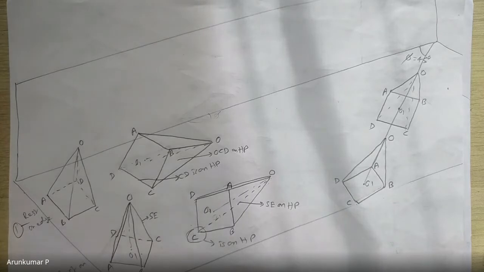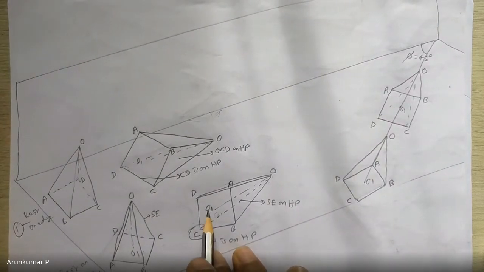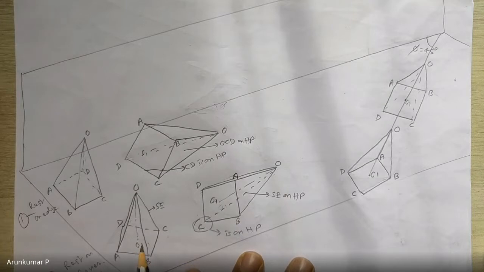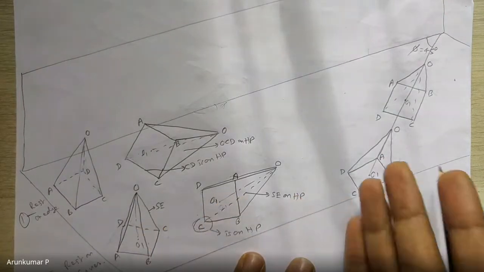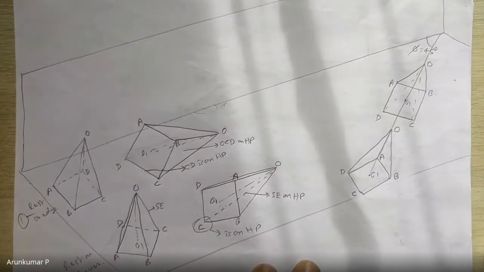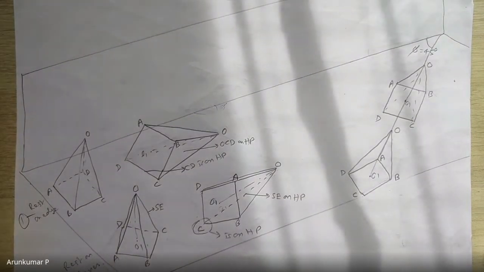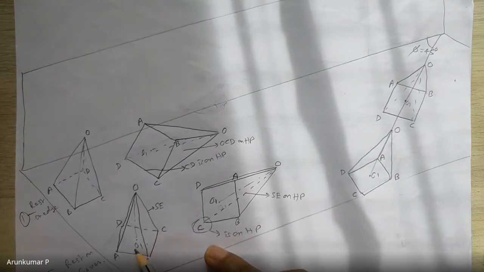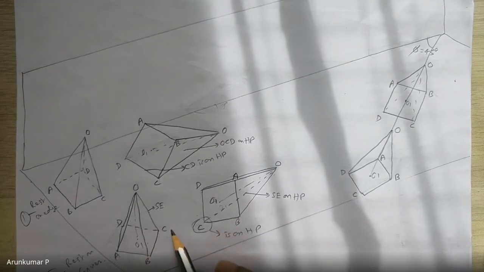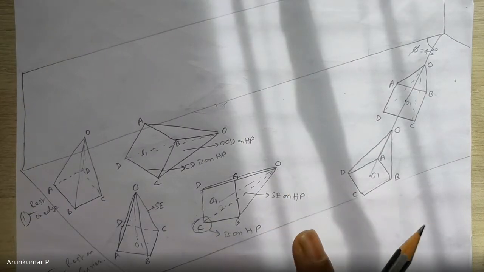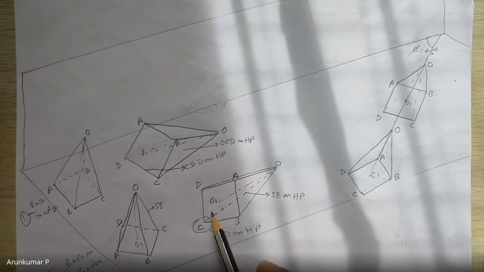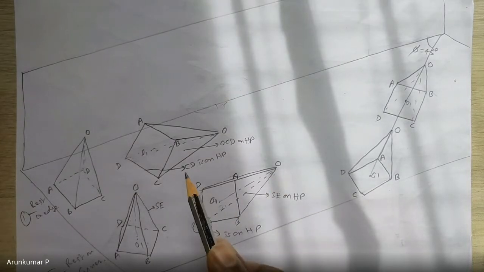Okay. The important thing here is the second step. Based on the second step, you have to understand how the first step should be. So these two steps are important. Third step is your regular step only, inclination to VP. Now in this particular problem, we are dealing with the second type, resting on corner. So this is your first step, the square resting on a corner. Second step, you have to incline about the corner so that the slant edge OC is on HP. That means in the front view, O dash C dash would be on the XY line.